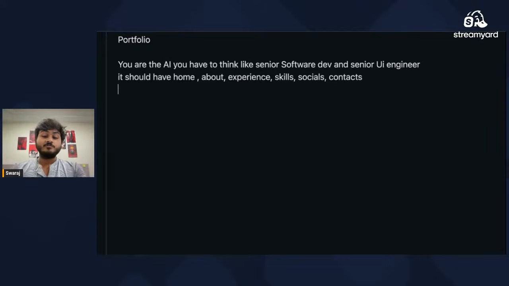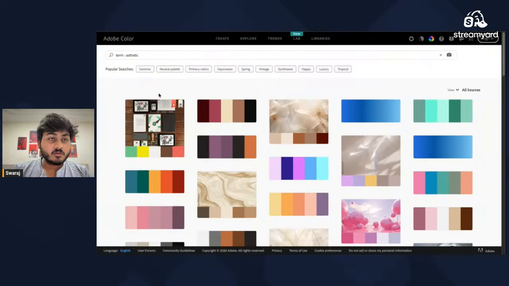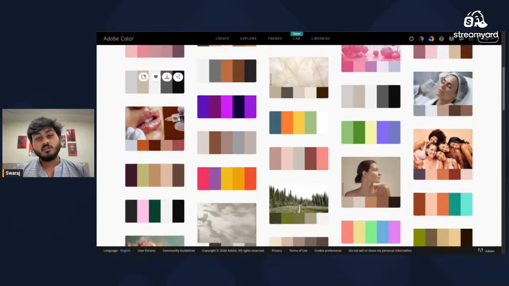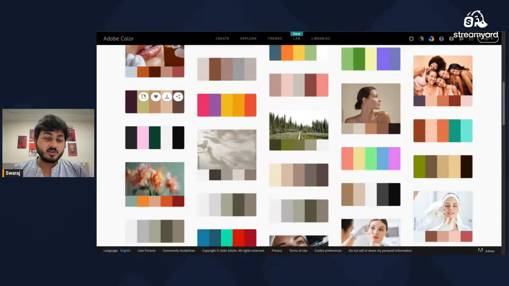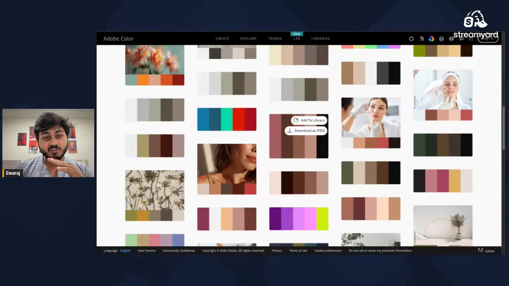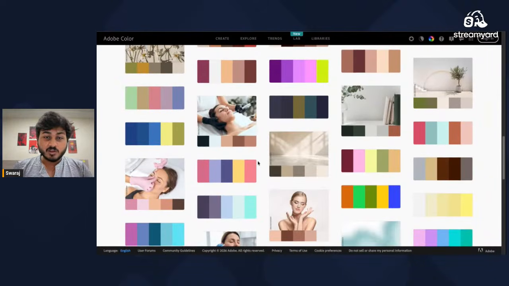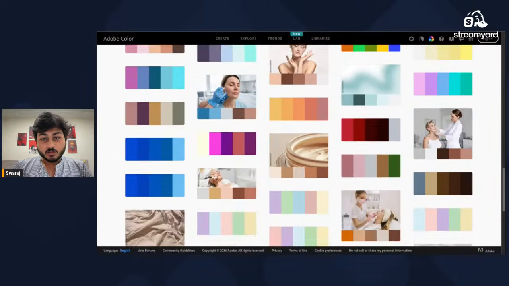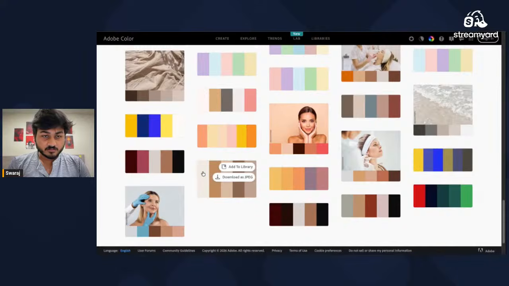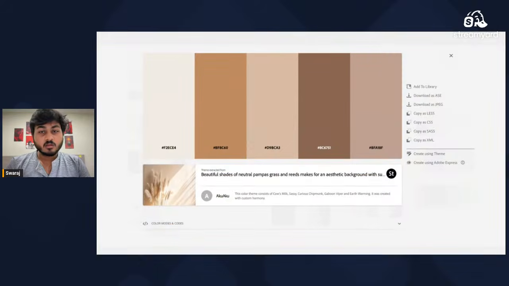Now we have to define the color theme. For the theme part, I have a website named Era of Color. It will show you a color panel. Let me do it by myself. We'll try to create our simple portfolio aesthetic, a decent one, with the color formats also. For the color combination, let me think for something. Okay, this should look nice. Let me copy the colors from here.